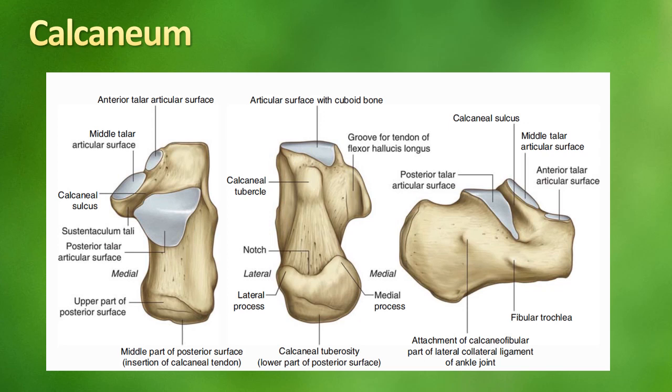Now coming to the applied anatomy of the calcaneum, as you all know, the calcaneum sits under and supports the talus. I advise you all to go and revise the anatomy of the calcaneum so that the orthopedic concept of the calcaneum will become clearer. Basically, you should know about the calcaneal tuberosity, the lateral surface of the calcaneum, sustentaculum tali, and the anterior and posterior talar articular surfaces, which are the most important landmarks present on the superior surface of the calcaneum itself.